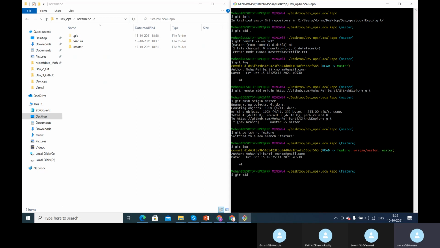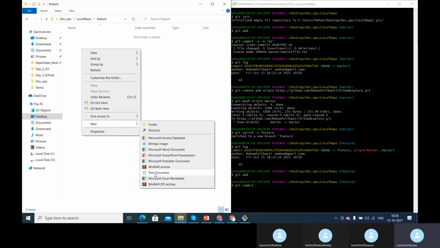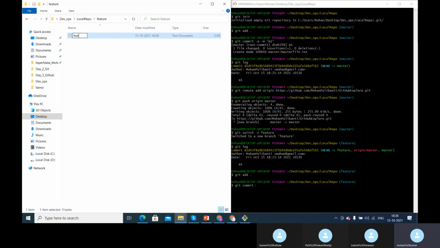Now I'm doing some commits again. In the feature folder, let me create a new feature text file. The feature text file is created, so this needs to be committed now.